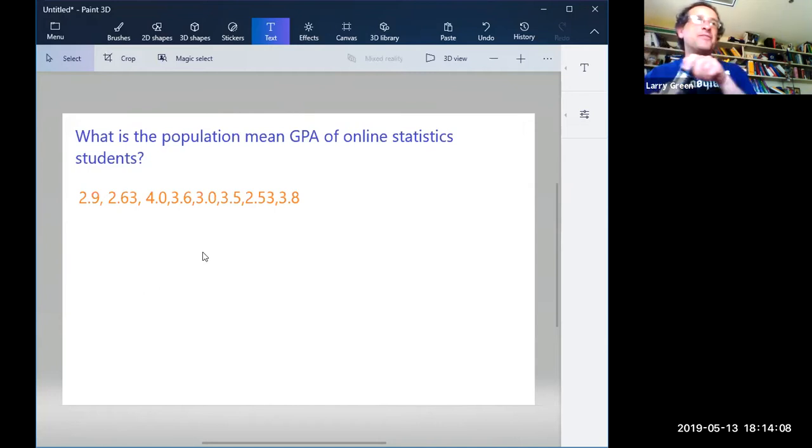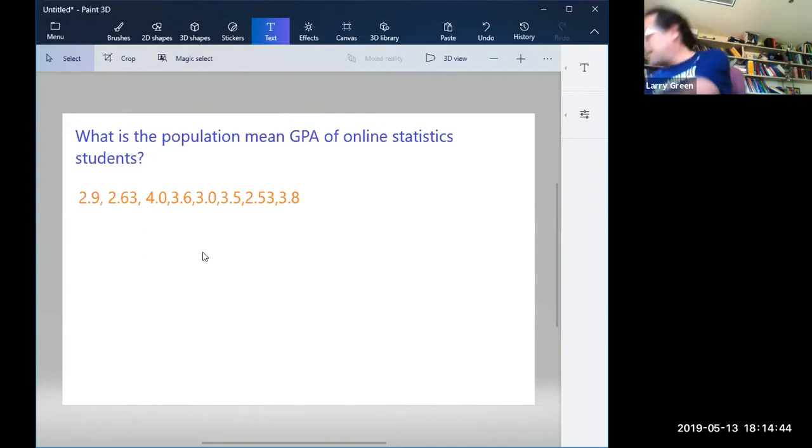And there's a few ways. You could put it in the list, and then you can go to calculations, if you remember, 1-var stats, and then choose L1, and that'll make it. You can also add them up and divide by, let's see, 2, 4, 6, 8. You could do that also. In this case, we could add them all up and divide by 8. I'm not going to do that right now because we're going to do everything at once, and I want to get to that in a moment on the calculator.